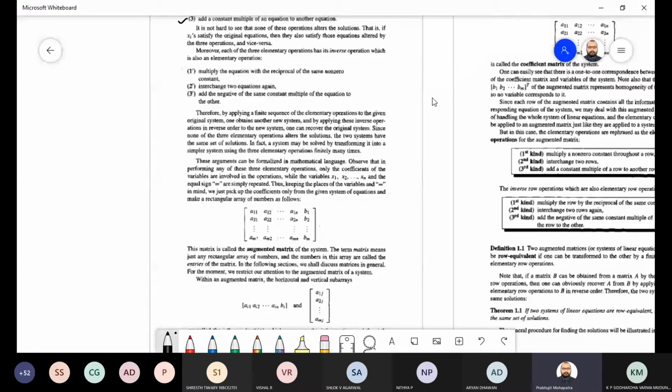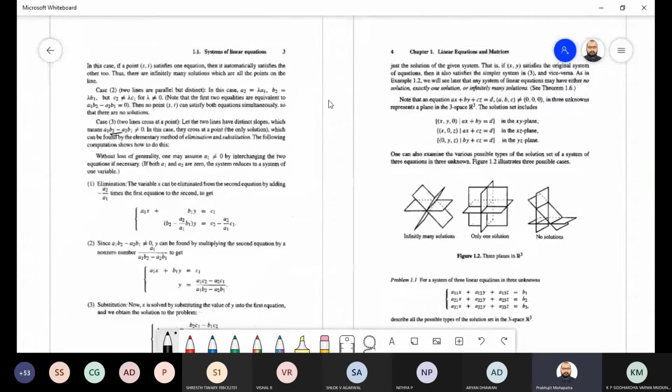So our ultimate goal is to convert the system of equations into a matrix. When you convert the system of equations into a matrix, that matrix is called the augmented matrix. This is your right-hand side, and these parts are the left-hand side. If required, you can put one line between them, or you can leave a little gap. Like I mentioned last class, this is your standard form.